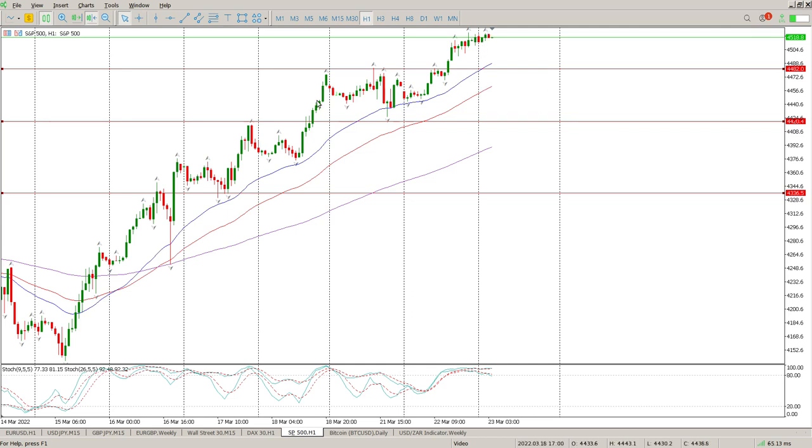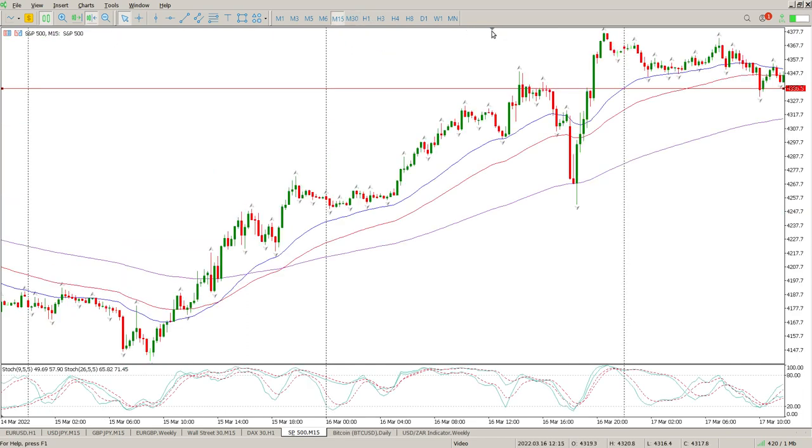Trend is up. You don't want to be shorting against the trend, because then basically what you're doing is trying to pick a top. For me at the moment, you're looking for pullbacks and buying opportunities, continuation. As soon as you get your first lower high, that's going to be the warning bell that potentially there's a bigger move to the downside. So if we just drop down to the 15-minute,